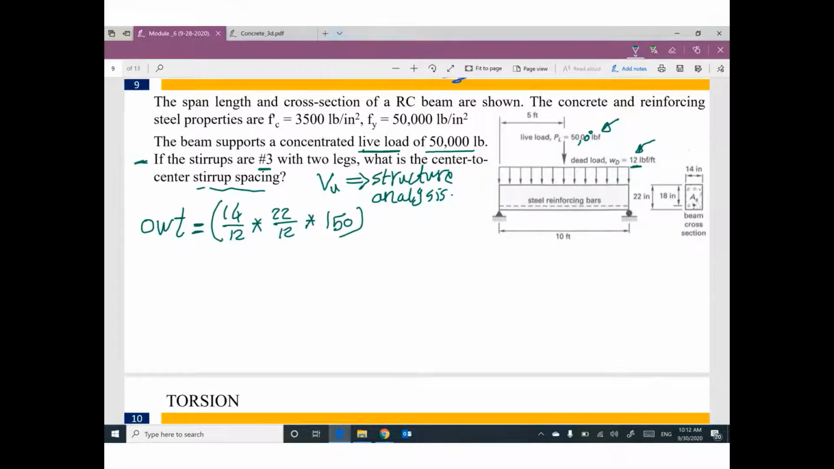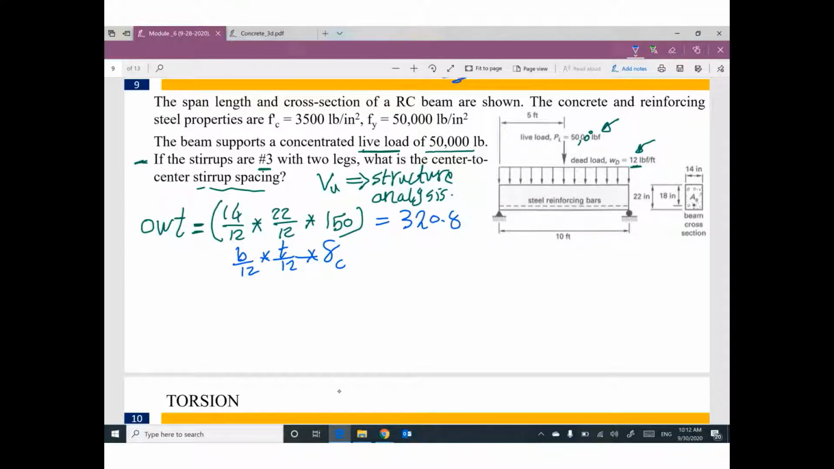Guys, we have a story behind this equation. B divide 12, T divide 12, gamma concrete. That's right. So I can figure out the weight of the beam. So 14 divide 12 times 22 divide 12 times 150